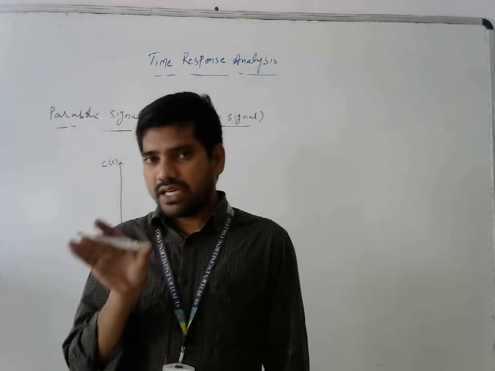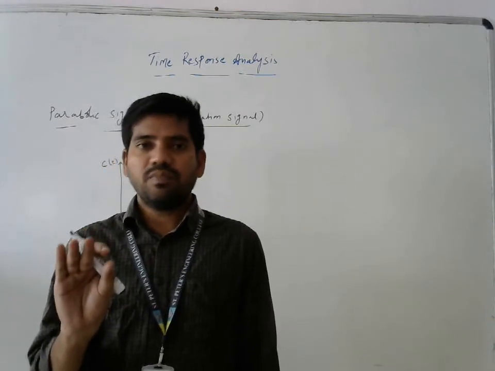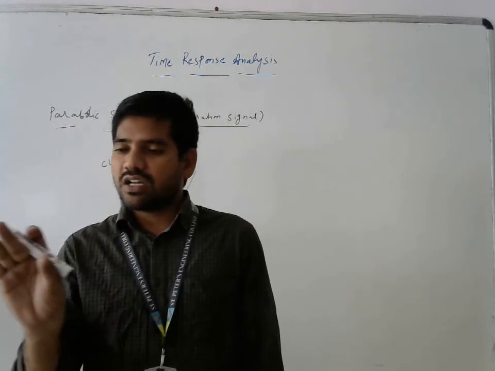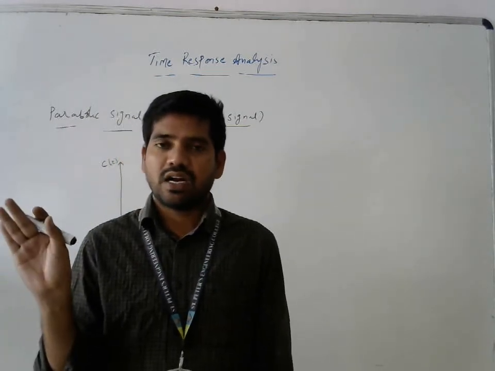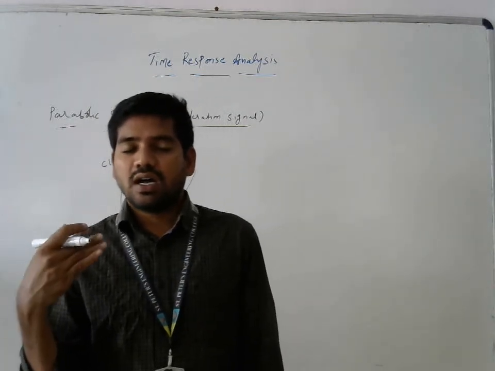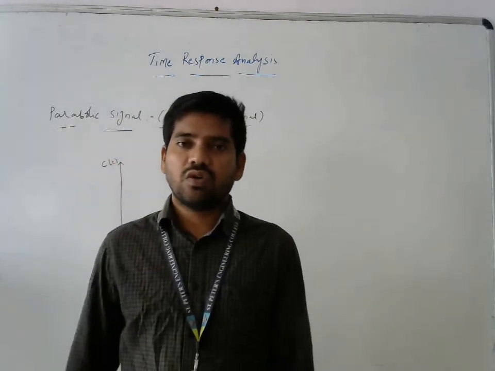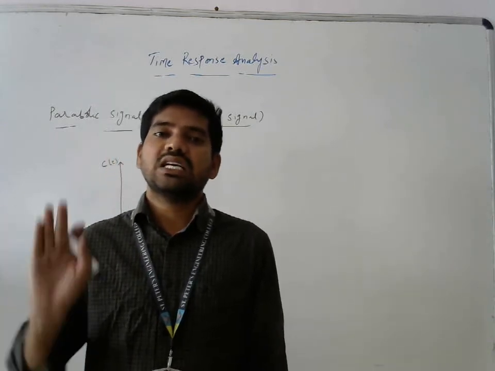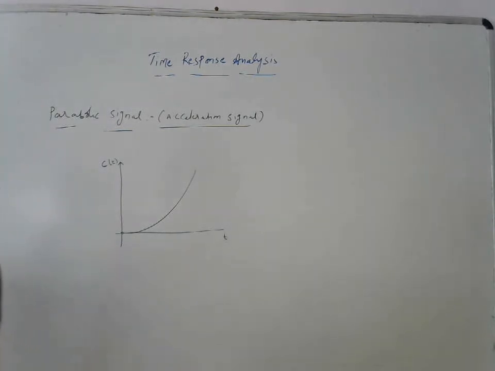The step signal is a constant. Only at t equal to 0 it varies from 0 to A. When t is greater than or equal to 0, the output response will be a constant input, whatever r of t value we give. What about the ramp signal? When t is less than 0, it is equal to 0. When t is greater than or equal to 0, it increases linearly with respect to time. Now, how does the parabolic signal vary?